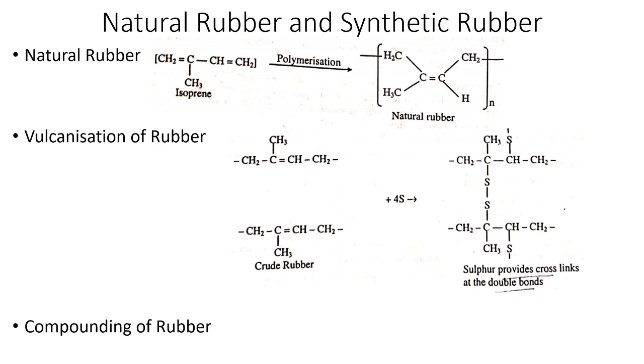So accelerators are used as catalysts, reducing the time required for vulcanization. Okay, then antioxidants act as age resistors, stopping deterioration of rubber articles with age by light and air. Fillers increase the tensile strength and resistance to abrasion of rubber. Then plasticizers or softeners give more tenacity and adhesion to the rubber.